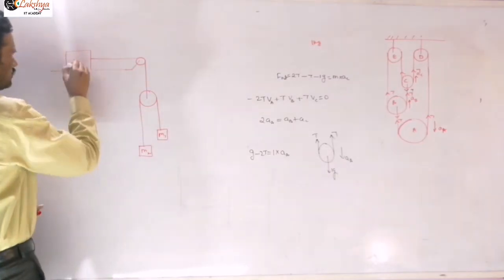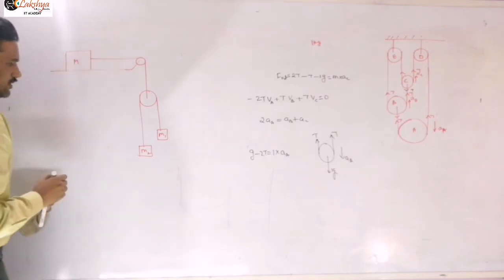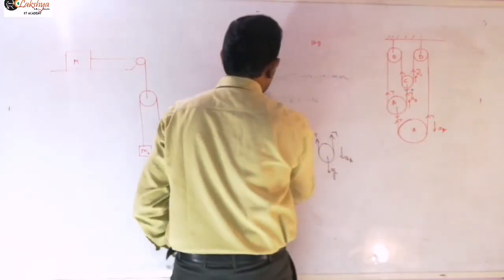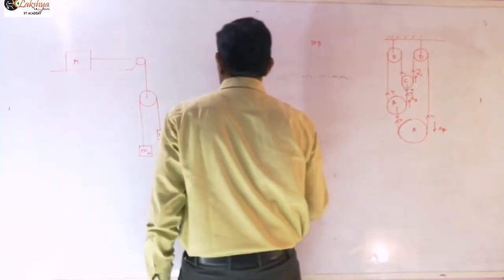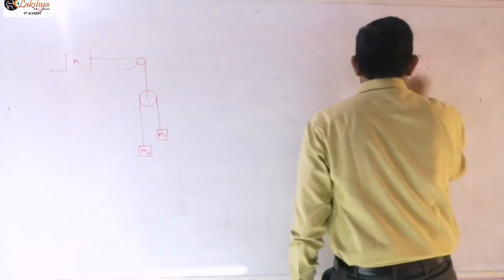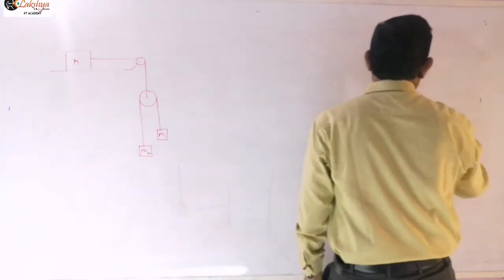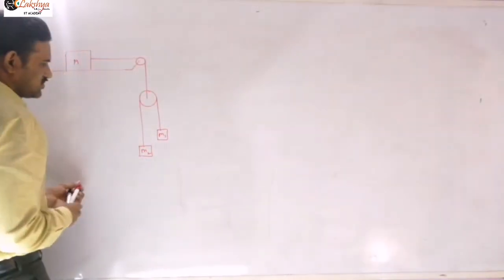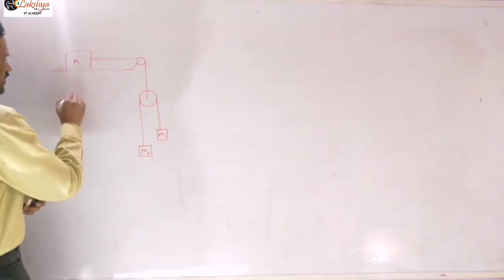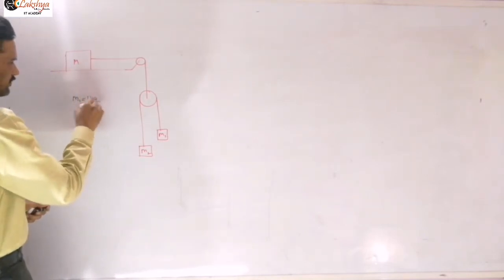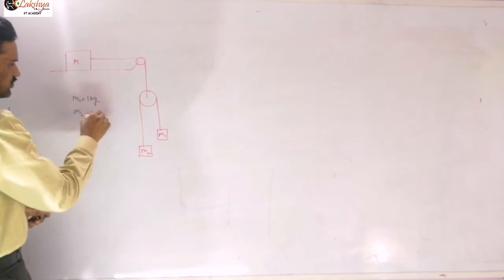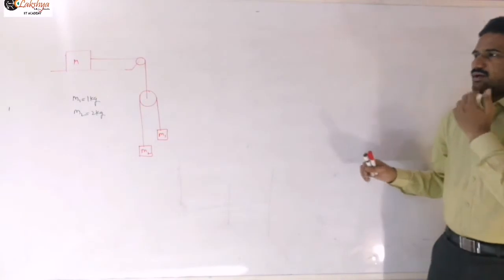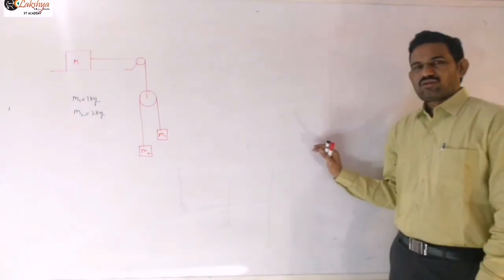So note down this problem. Two blocks of masses m1 and m2, and in brackets mention those values also: m1 is equal to 1 kg and m2 is equal to 2 kg. So take those masses also. m1 is 1 kg, m2 is equal to 2 kg, and they are suspended as shown in figure. All the pulleys and strings are ideal.